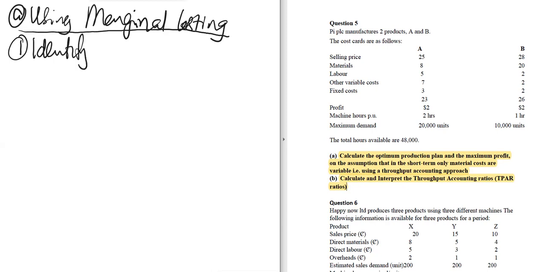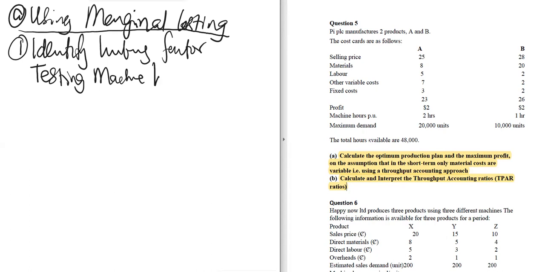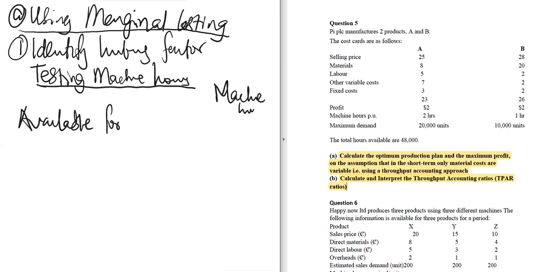I told you that's the first thing you do. So identify the limiting factor. So now what we have here is that we only have machine hours available, right? Only machine hours available is what we have. So in that case, we are testing machine hours. What do we do then? So we have machine hours here, required for production or available for production. So machine hours available for production. How many machine hours do we have available for production? It says we have